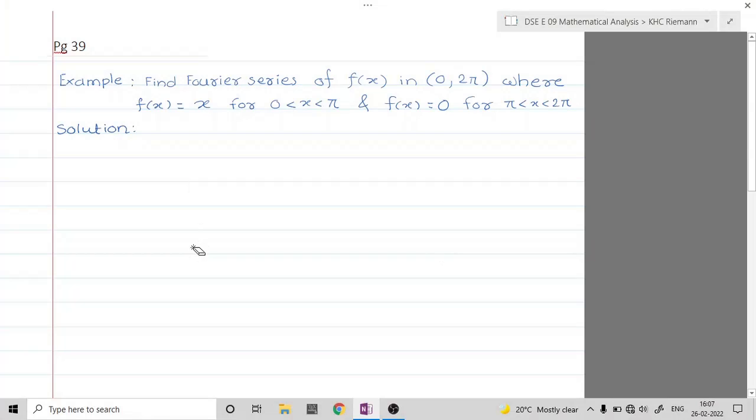Hello, welcome students. Let us continue with some more examples on Fourier series. But in this example, we are going to find Fourier series of a given function in a different interval, that is